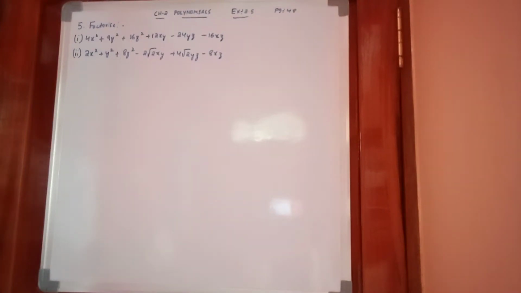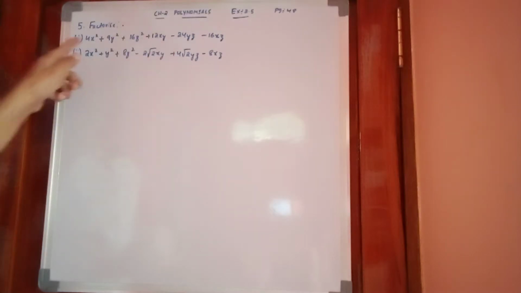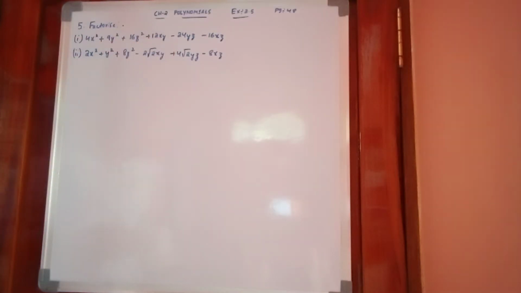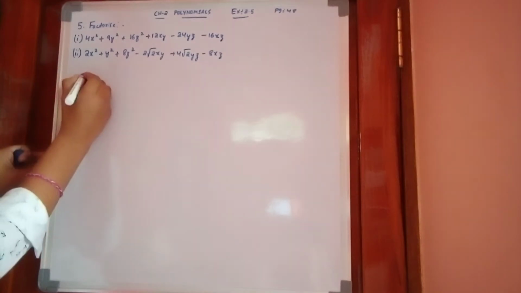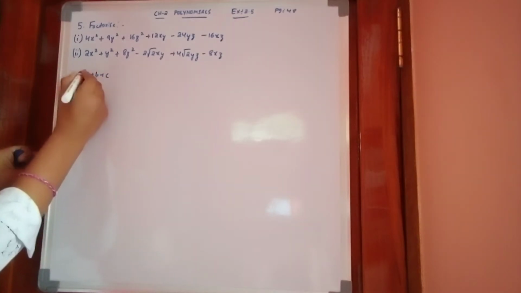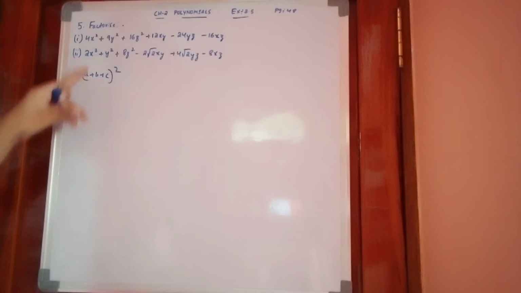Okay, in the previous video I completed the fourth bit. Now coming to the fifth bit, here we have to use the (a + b + c) whole square formula. We have to substitute, and when we substitute we get this equation. Already they have substituted. We have to bring this whole equation into (a + b + c) whole square. We have to get this equation in this form.